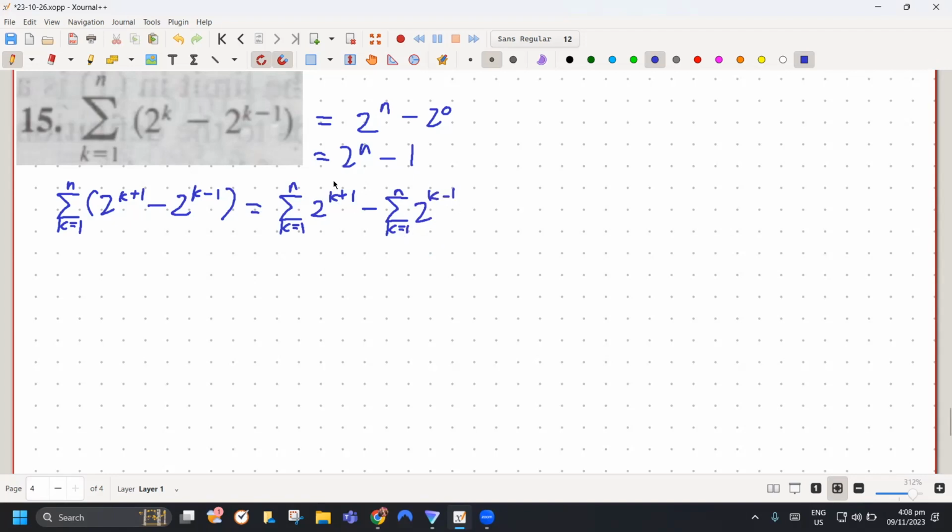Ngayon, yung first sum, yung re-indexing na gagamitin, let j, so for first sum, let j be equal to k plus 1. Okay, ngayon, so k minus 1 is j. Wait, first sum lang. So first sum lang yan, j equals k plus 1, which means k runs from, so yung sum natin sa first sum becomes,